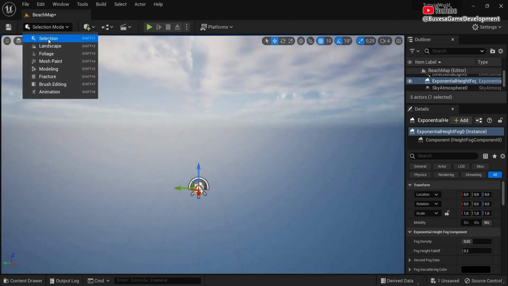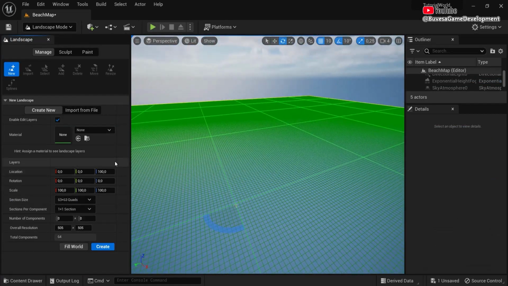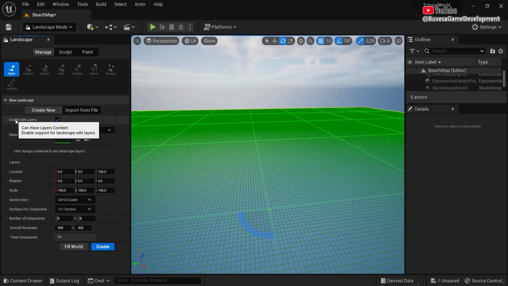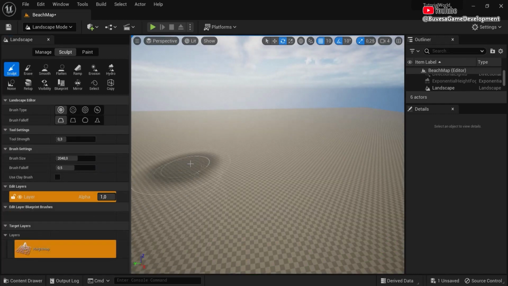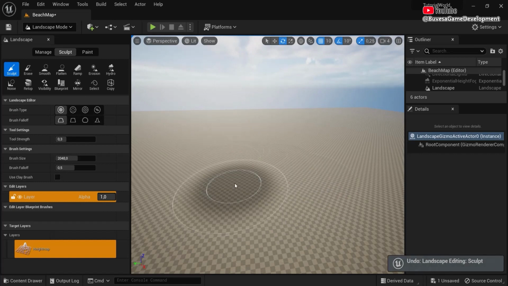So instead of Selection mode, click Landscape, and now we can see the suggested landscape. You can also make it bigger, look at the recommendations in the technical guide, and you can change it accordingly, because this will be more optimized and less prone to errors. Make also sure to enable Edit Layers, have this one checked to true, then hit create. Now you can sculpt. I'm going to hit Ctrl Z to undo that one, because in my version